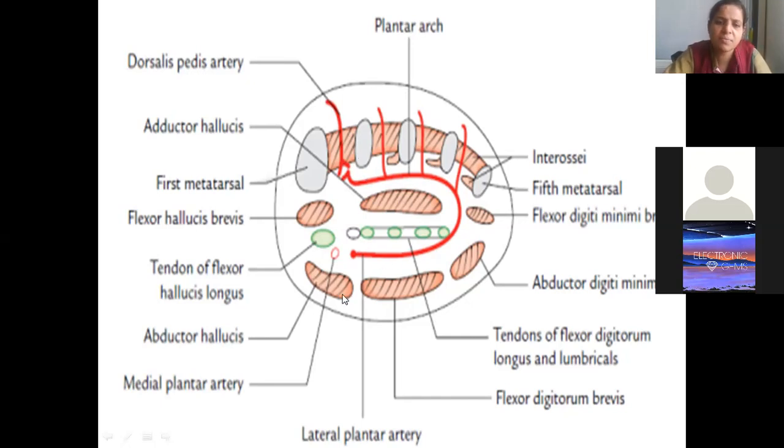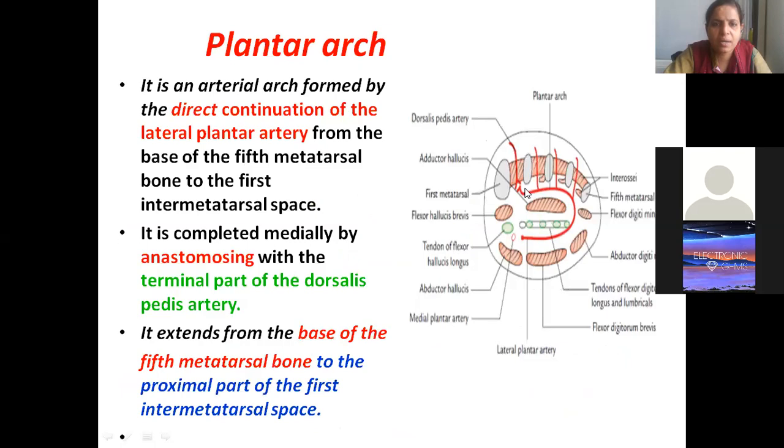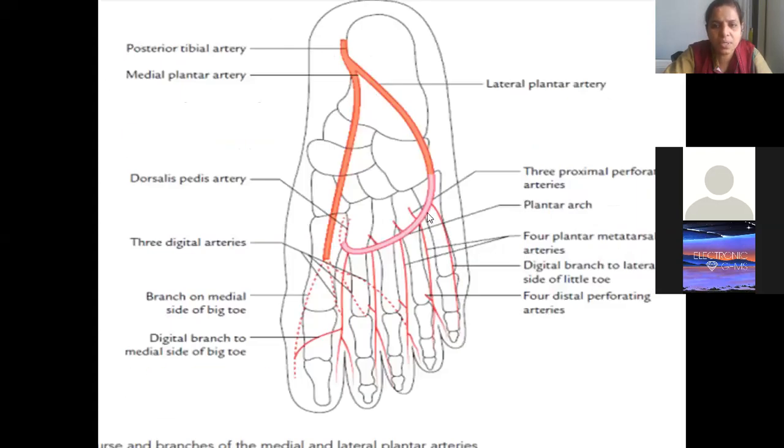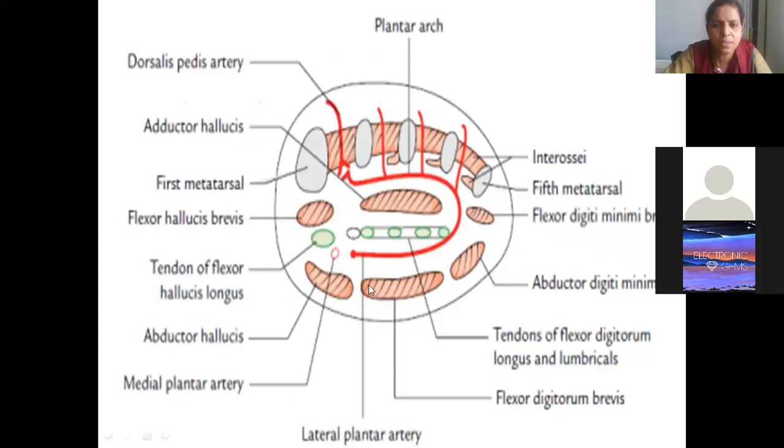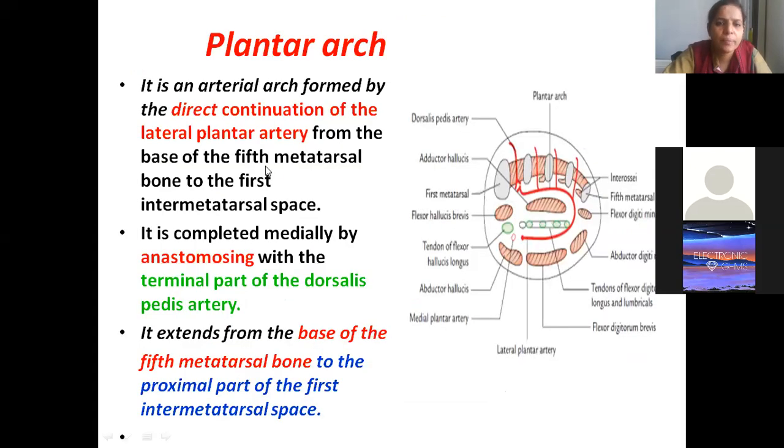Of course, we have these layers one by one. So this is the plantar arch. It is an arterial arch formed by the direct continuation of the lateral plantar artery. Considering this picture, this is the plantar arch we are talking about. At the base of the fifth metatarsal it continues like this and then joins the dorsalis pedis. But we will now talk about its course between which muscles. It is a direct continuation of the lateral plantar artery from the base of the fifth metatarsal bone to the first intermetatarsal space. Why? Because it has to pierce and join with the dorsalis